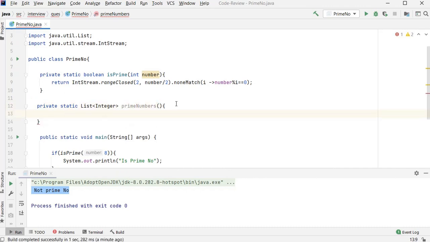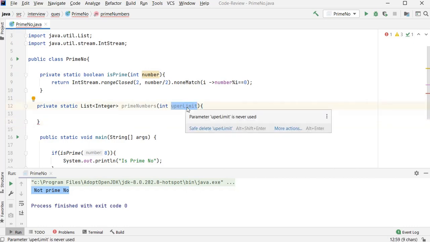I'll use an int that will be the upper limit. It means I want to print the series of prime numbers from 2 to the upper limit. I mean, if I provide the upper limit 100, then it will print the prime numbers from 2 till 100. In a simple way I can say.